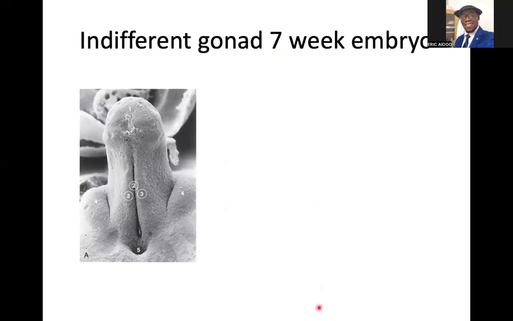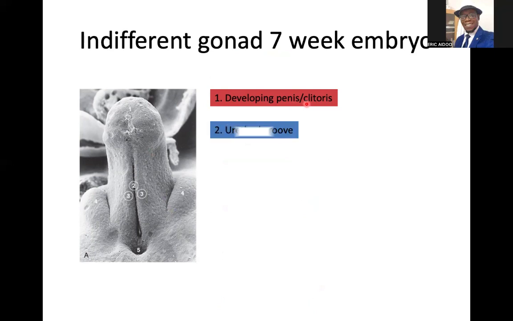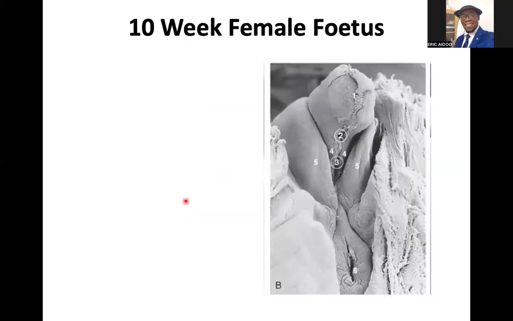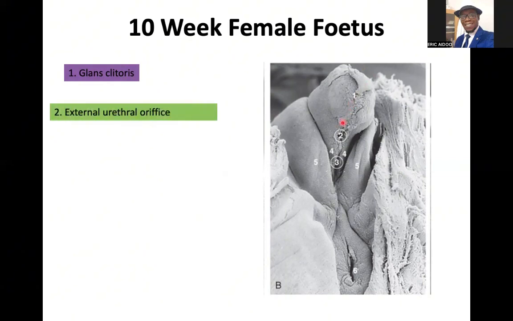So indifferent gonad at 7th week. Number 1 is the developing penis or clitoris because it is indifferent at this point. Number 2 is urethral groove. Number 3 is urethral fold. Number 4 is the labioscrotal swelling, which will later become the labia majora in the female, but scrotum in the male. By the 10th week, the female fetus, we have the number 1 being the clitoris, external urethral orifice is